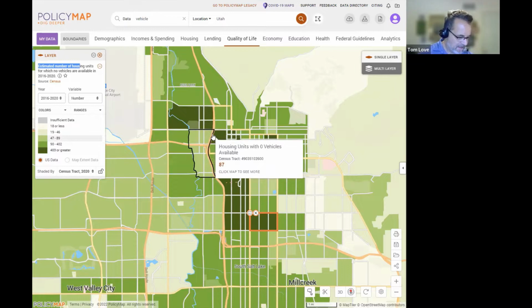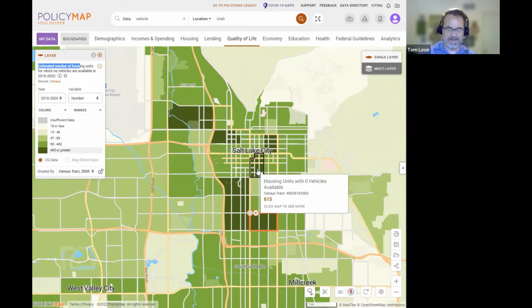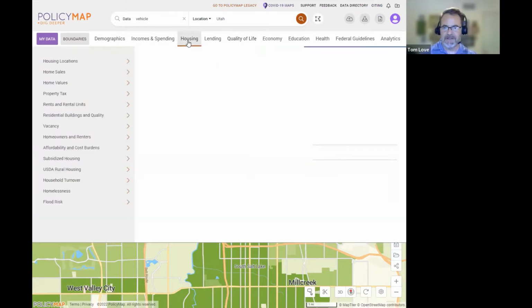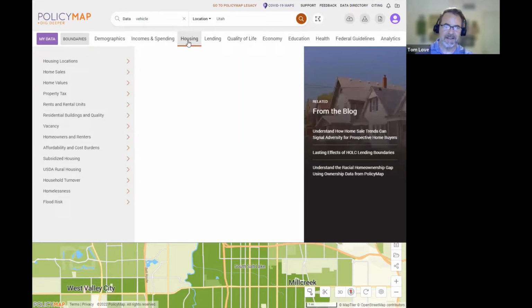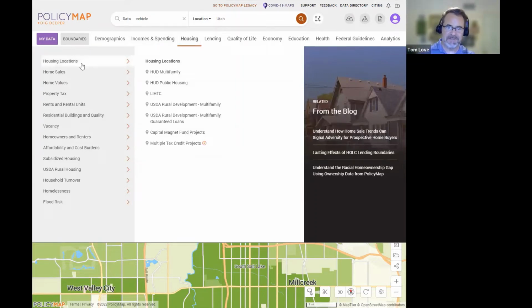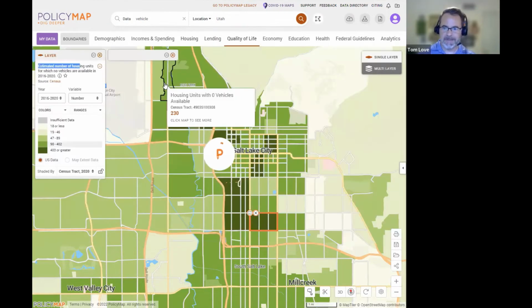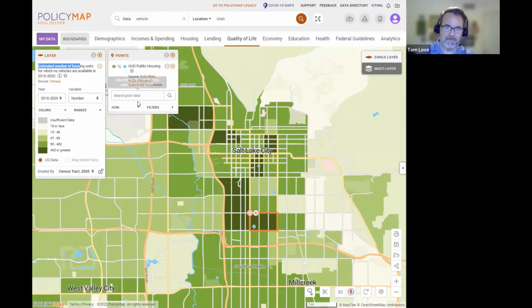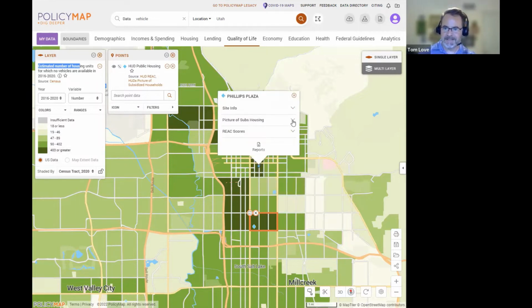And at this point, you can do a couple things. First of all, you can overlay this with point data sets. So in this area, for example, under each of these menus, like under housing, the first options are locations. So under housing, we have public housing sites, low-income housing tax credit locations, HUD multifamily housing sites. So if I put on here public housing, you can see that these little blue diamonds are public housing sites, here's one called Phillips Plaza, which has